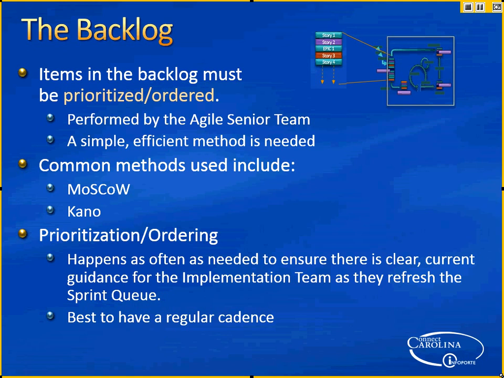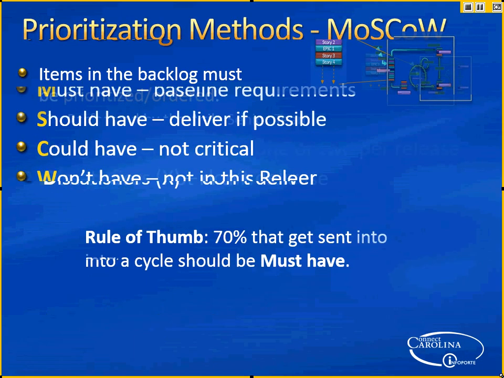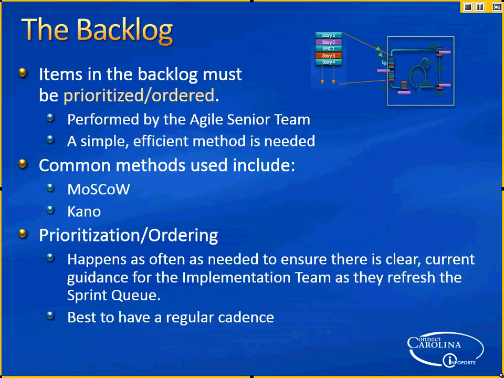So who does that prioritization? It's normally done by, remember we talked about the Agile senior team? So it's the product owners, the executives, the project manager. And it again needs to be a fairly efficient, non-time consuming process. And so there's two common methods used